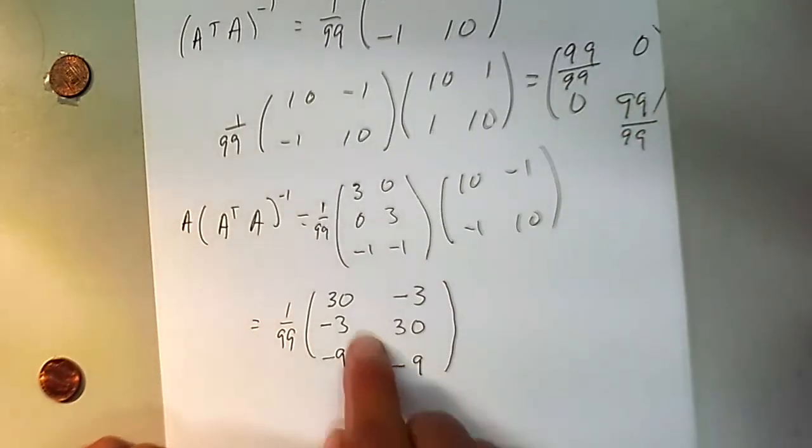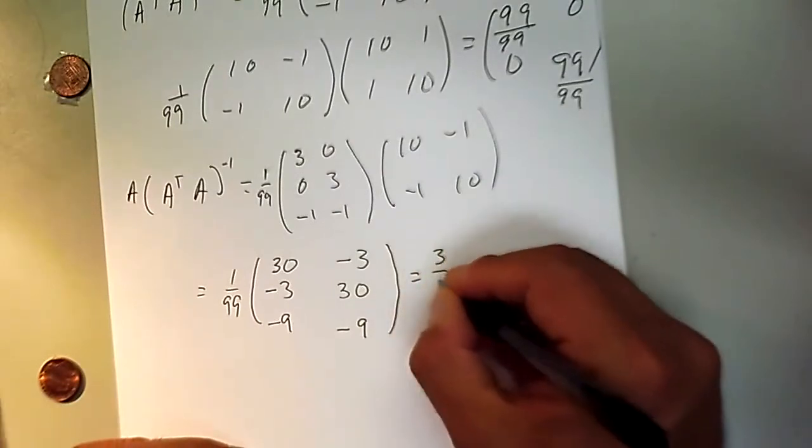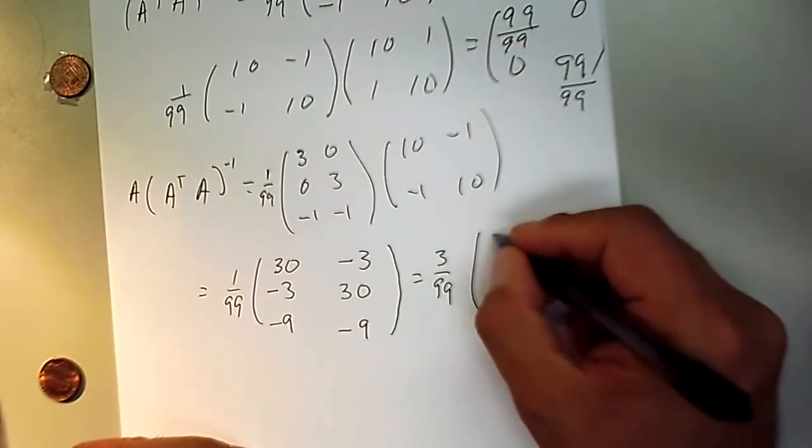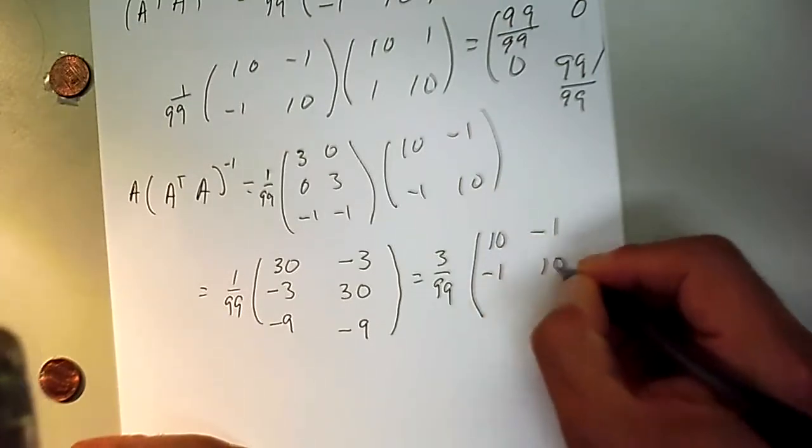You know, we can factor a 3 out of the entire thing. So that's 3 over 99. And then we have 10, negative 1, negative 1, 10,